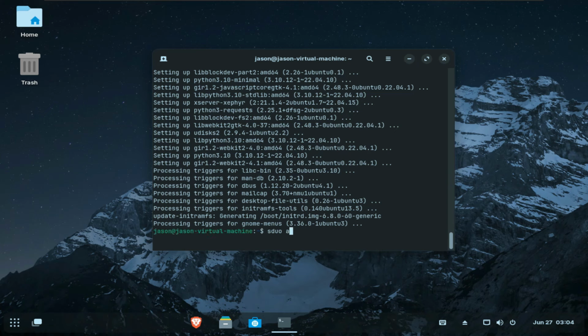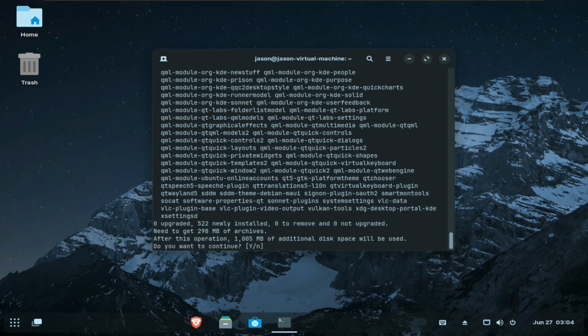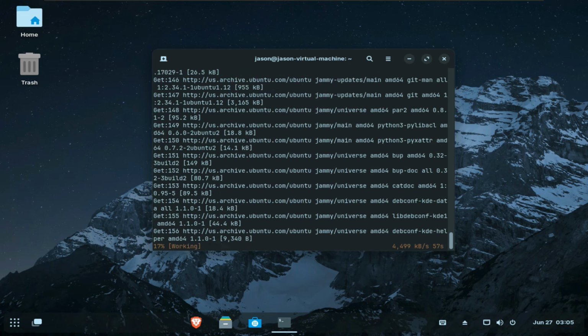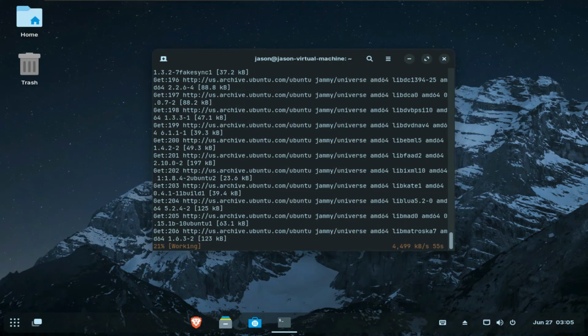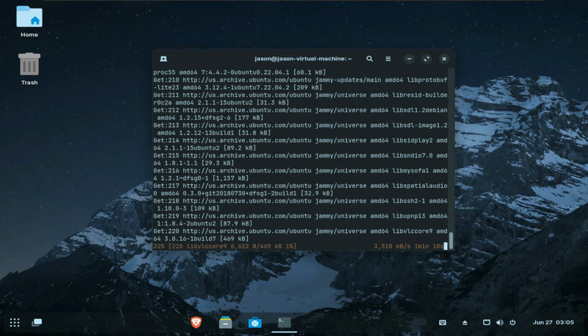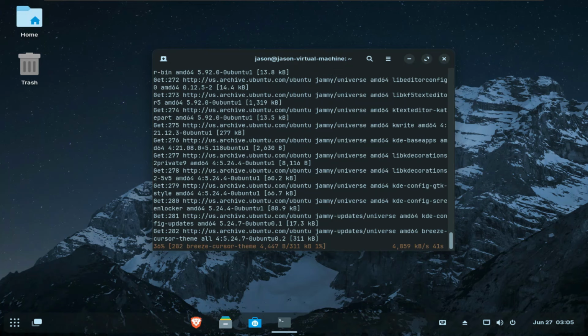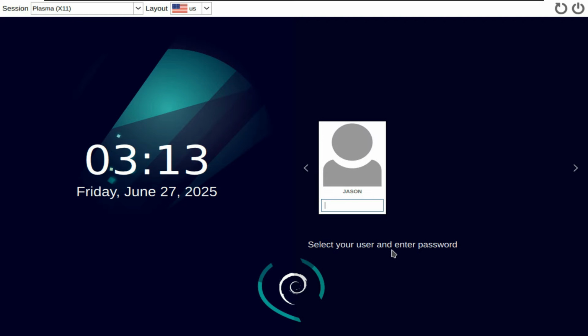Now we'll do sudo apt install kde-plasma-desktop. Just like that. And then it will install it. Yes, there you go. And it will take a couple of minutes again. And after it's installed, I believe I can restart. And then I will have KDE Plasma. And I hope it works and doesn't just ruin my whole Linux installation. I hope. Fingers crossed. This might look stupid, but I think I installed KDE on that thing.